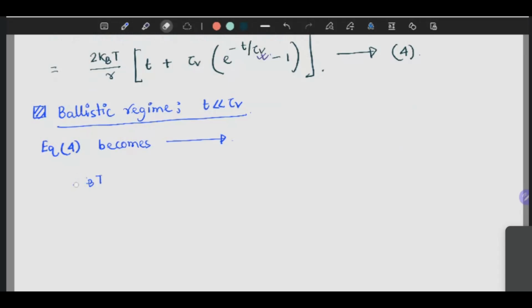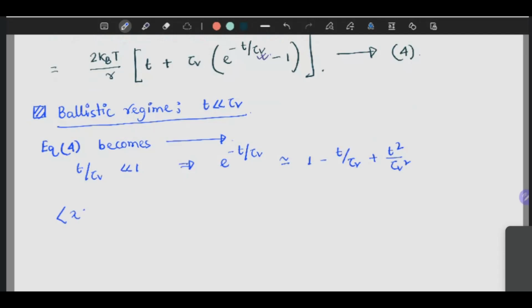So if that is the case, then t by tau v is very much less than 1. That implies e to the power minus t by tau v is 1 minus t by tau v plus t square by tau v square. Okay, so if you substitute that into this, then you get